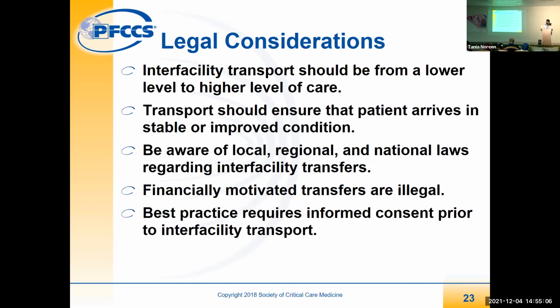Be aware of local, regional, and national laws regarding the interfacility transfers. Financially motivated transfers are prohibited, and best practice requires informed consent prior to inter-facility transport. The parental consent is